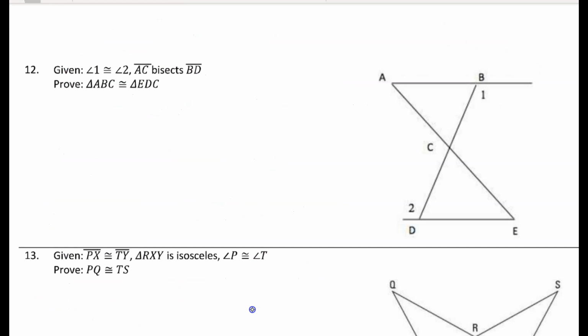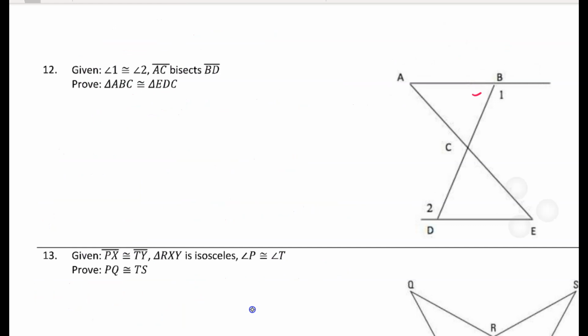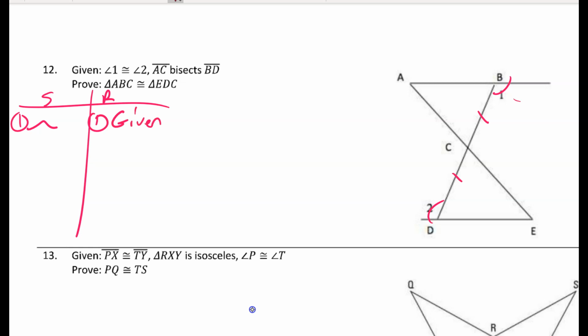and how I could use it to get either a side or an angle. Number 12, given angle 1 is congruent to angle 2, and AC bisects BD, so that means that DC and CB are the same, prove triangle ABC and triangle EDC are congruent. So again, I'm going to start here, statement reason. Number 1, the good old givens. And number 2, I'm going to mark what they didn't explicitly give me, but I did say that DC is the same as CB,